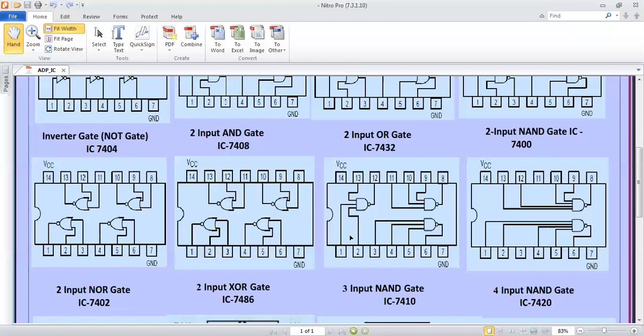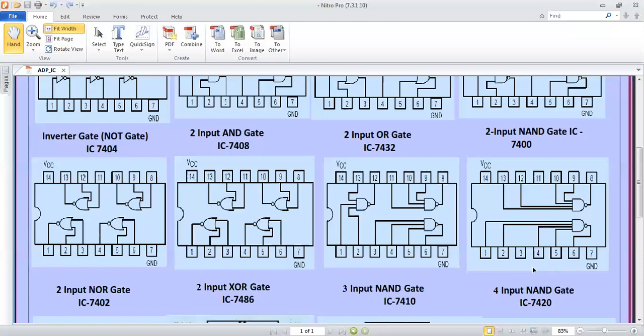Now working of XOR gate, we can say both input equal to 0, at that time output will be 0, and both input will be 1, then output will be 0. It means if the same input is there, at that time output will be 0, otherwise output will be 1.